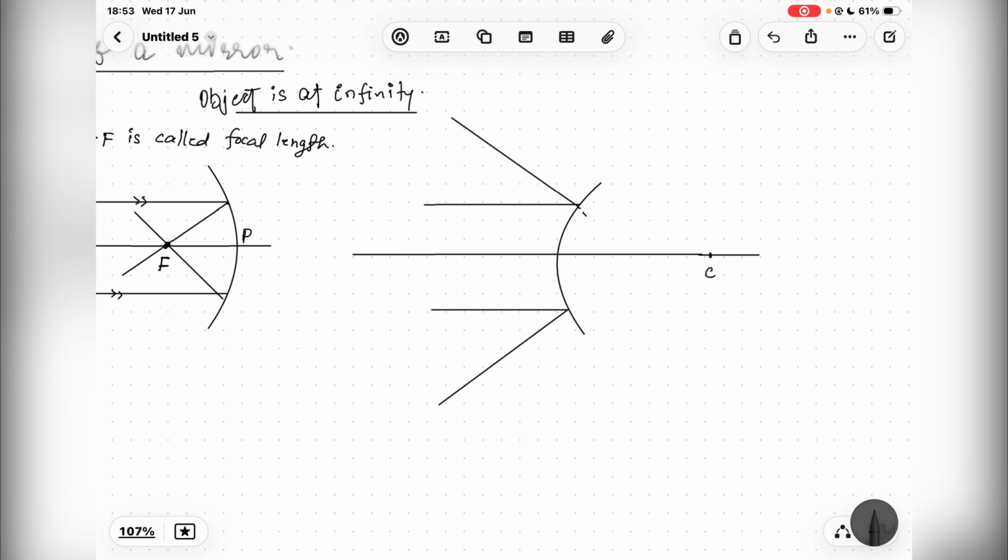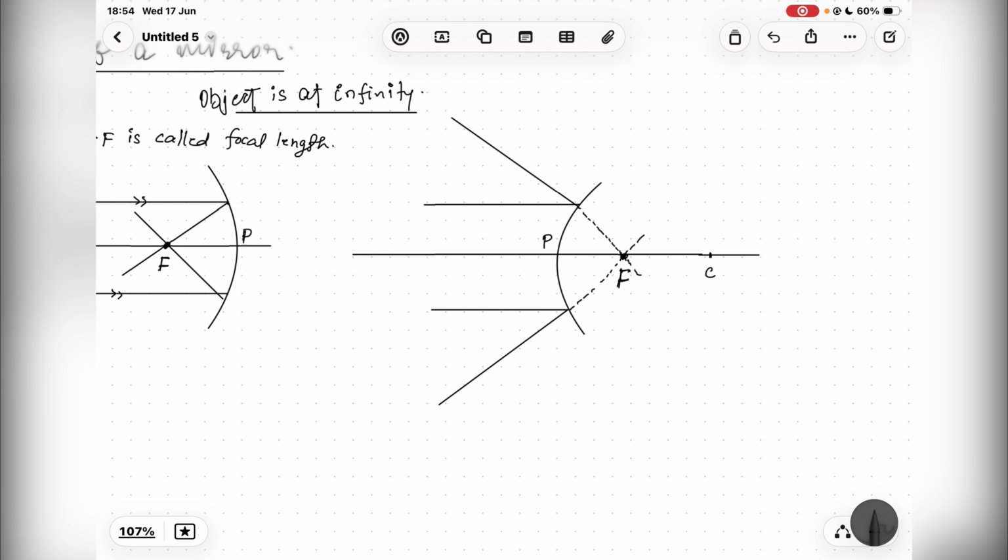Then the place at which tracing back of the reflected rays will meet is called the focus of the convex mirror. So, to the observer in this case, it would look like the image